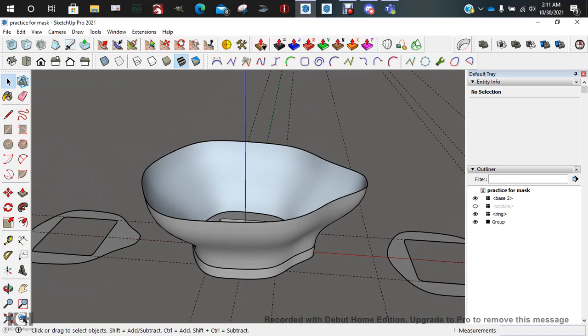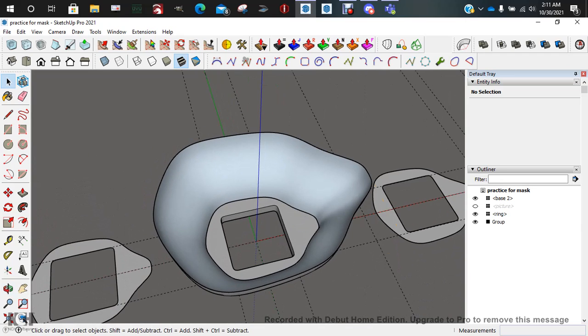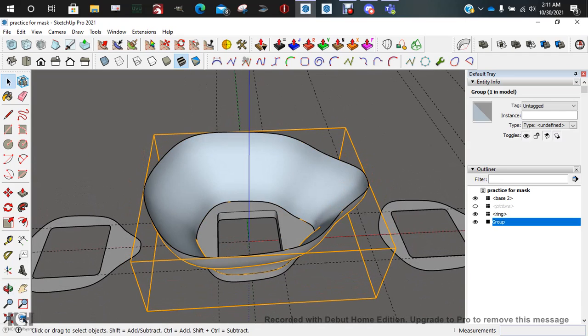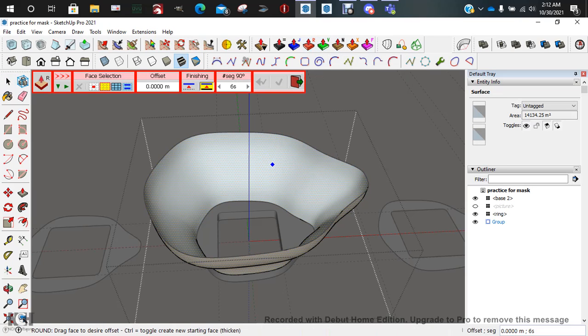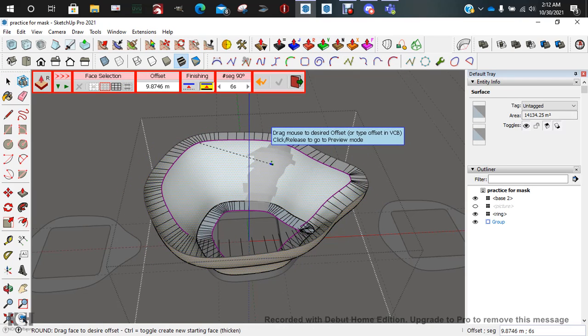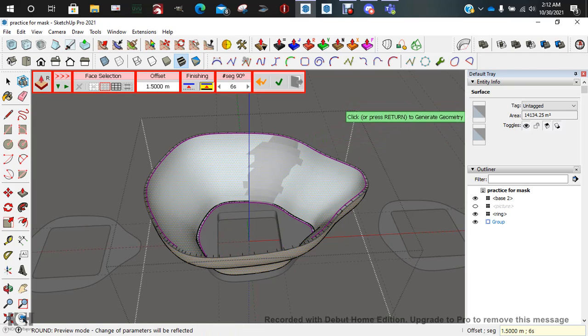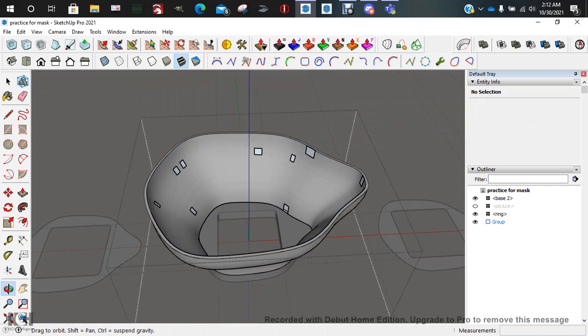So I'm going to save our progress where we're at. Notice it makes it a group, so that's perfect. I'm going to go inside the group. I'm going to use this thing called the Thickened Surface. You can just read what you want. I'm curious what this one does, so I'm going to grab it. Ooh. Just bring it in and type in 1.5, hit enter, and then click outside. And okay,